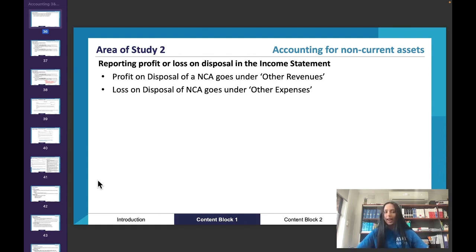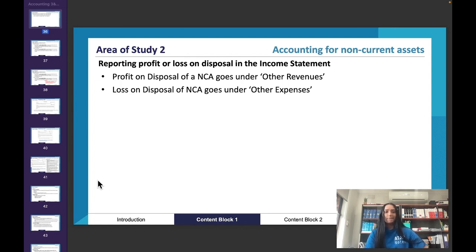It's not just knowing that order, it's also understanding why that order is the way that it is. Why does sales go first? Why does cost of sales go first? Why do we have adjusted gross profit? Why do we have gross profit, then inventory loss, inventory gain, inventory write down, adjusted gross profit? Why can't inventory loss or inventory write down go in other expenses? Or why can't inventory gain go in other revenues? And a lot of accounting students don't fully understand that. And it's really, really important that you do.